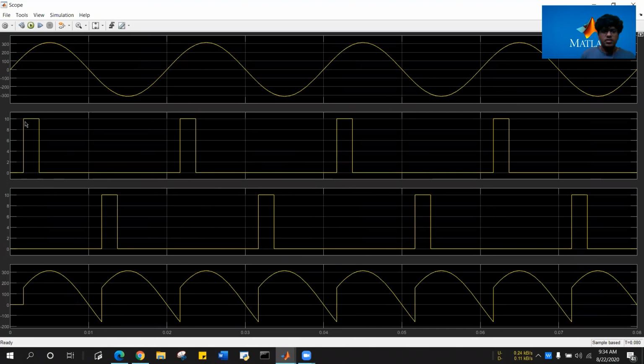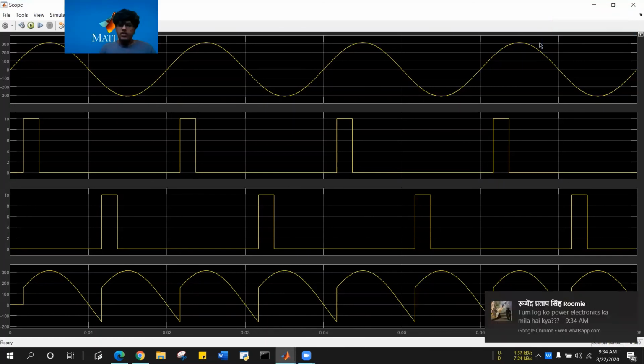So where does my second triggering take place? It comes at, you can see here, pi plus alpha, 180 plus alpha, right? That's why I'm having this kind of output graph which I get for a full wave rectifier. What is this? This is the negative voltage that we get, right? Okay. So yes, we have successfully completed the simulation.